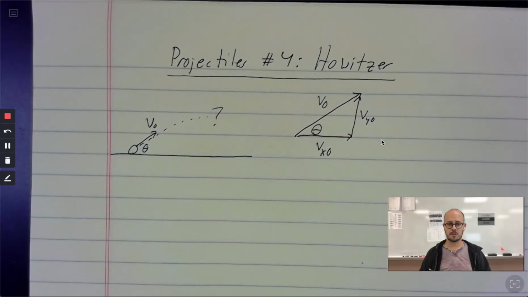Hey folks, this video represents the solution to question number 4 on the projectile set. It's about the howitzer. A howitzer is basically a really big gun on wheels, and it fires artillery at very high velocities, really high up in the air, so it has a very high trajectory. And so the question you're being asked is about the final velocity of the projectile after a certain amount of